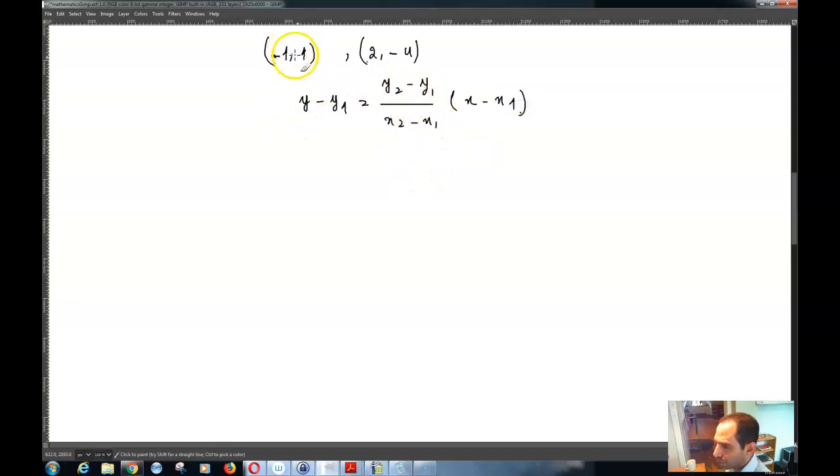And so basically you can write this as y minus 1 is equal to negative 4 minus 1 over 2 plus 1 times x plus 1, and that's y minus 1 is equal to negative 5 over 3 times x plus 1,